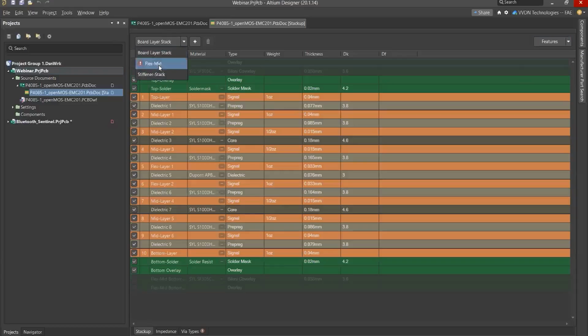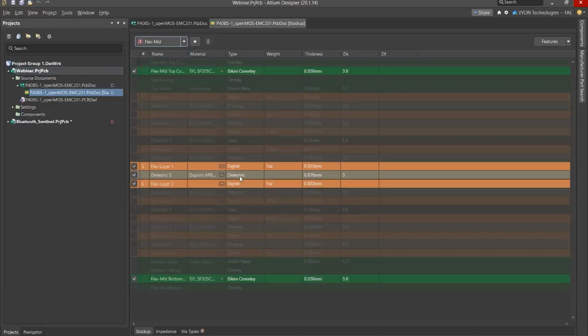Another two layer stacks also are there, so we have to add them. There you can see the plus button. If you click the plus button, we can add a substack. It's already available, so from there you can select and enable,